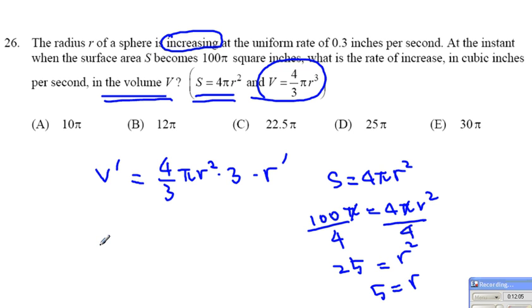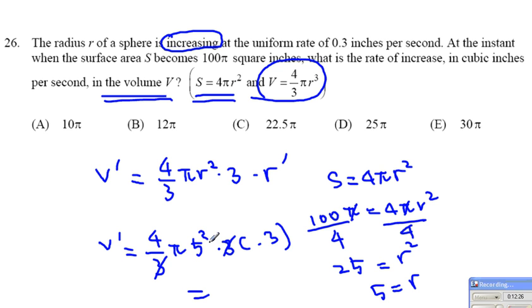So let's put everything onto here. So V prime now is equal to 4 over 3 pi times 5 squared times 3 times r prime, which was equal to 0.3. When you combine everything together, the 3 cancels out. 4 times 5 squared becomes 100. 100 times 0.3 becomes simply 30 pi. So therefore our answer becomes choice E. Right, we'll continue in part